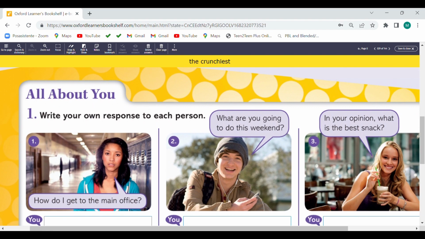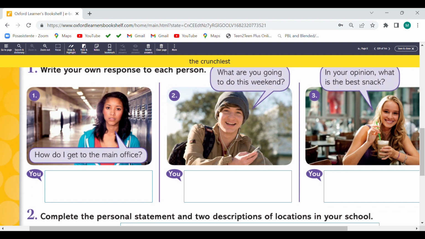All about you. Write your own response to each person. Number 1. How do you get to the main office? For example, it's on the first floor. Para llegar a la oficina principal, ¿verdad?